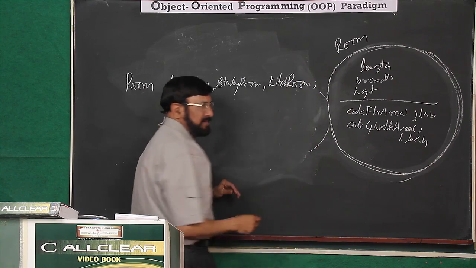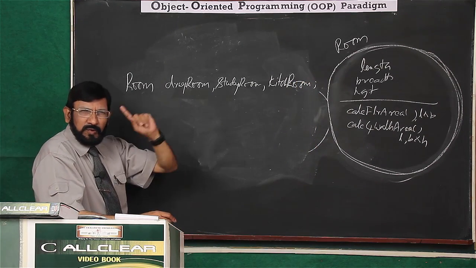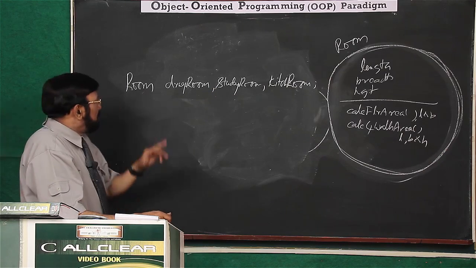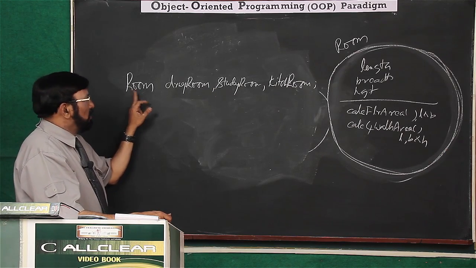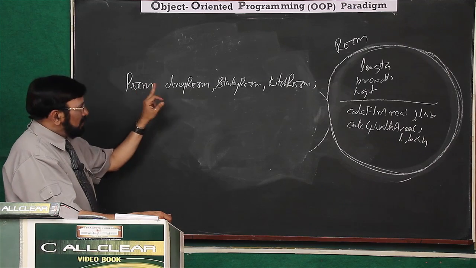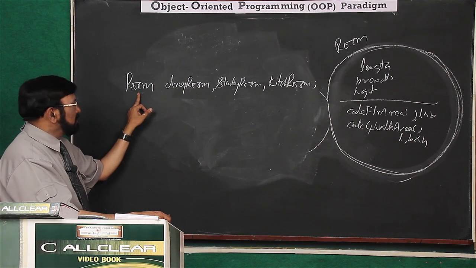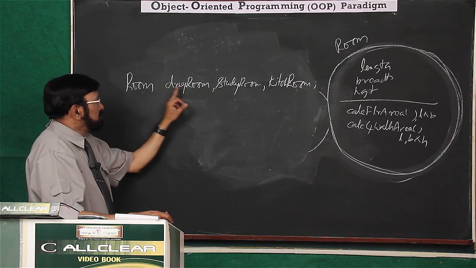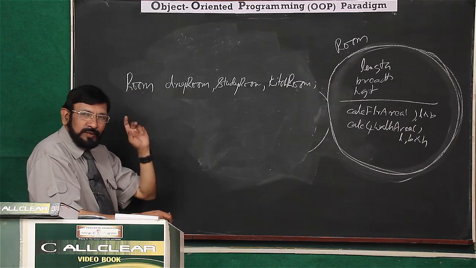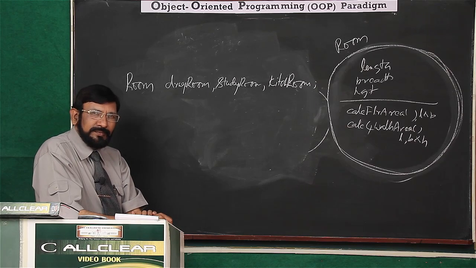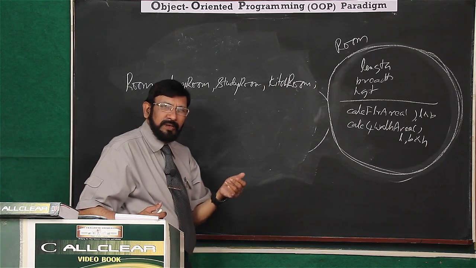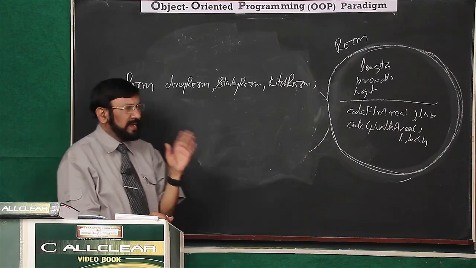See, now let us extend whatever elements you learn, gradually extend, then only you can understand that. Now you see room. Room is an abstract data type. Here, what is the length, what is the breadth, what is the height, you cannot tell. Then from this class, you created drawing room object, which is a reality. What is the length of your drawing room, you will be in a position to tell: 15, 12, 10.